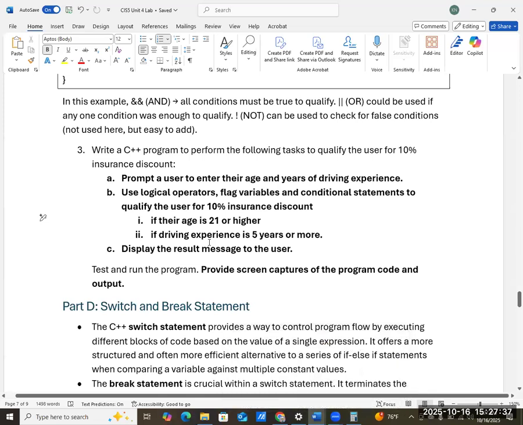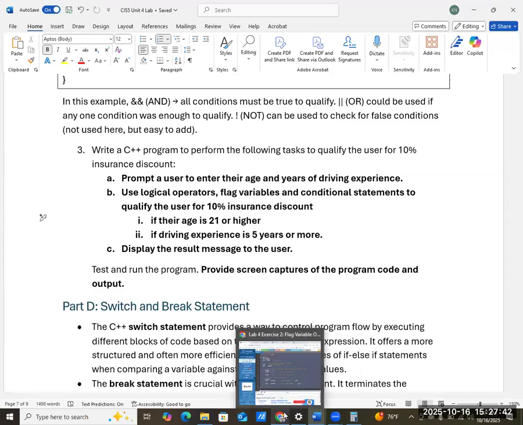Any questions regarding the exercise? You can look at the example and follow the template, or